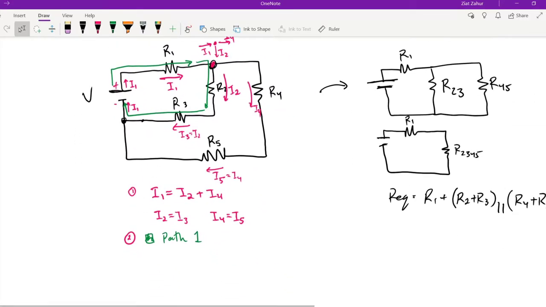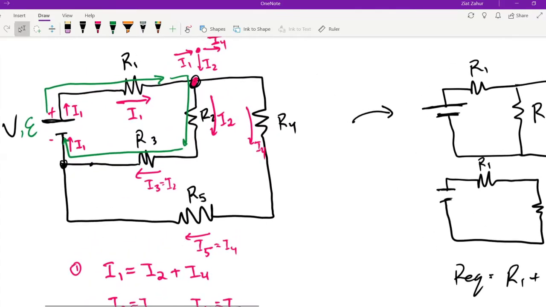And so we do V, which is the battery. Sometimes you might see epsilon instead of V. So if you do, use epsilon. Use whatever variable the College Board gives you. EMF, V, and then now we go through the loop. The first element we encounter is R1. And our pathway is in the same direction as the current that we have established arbitrarily.